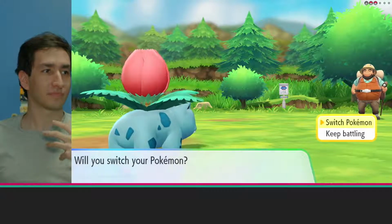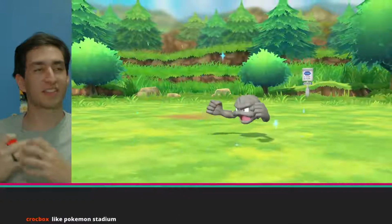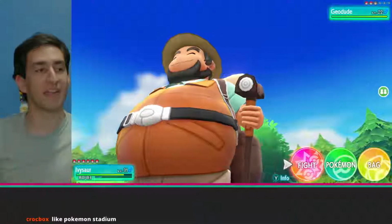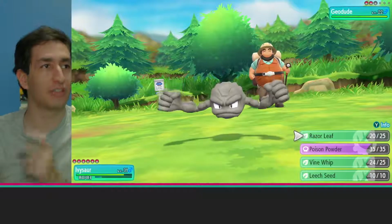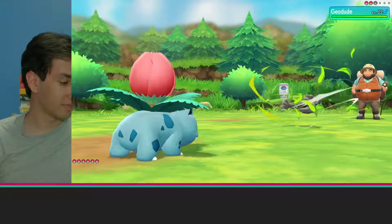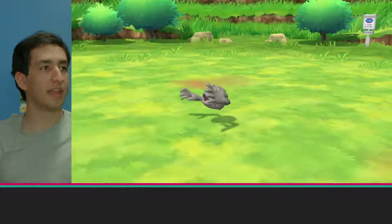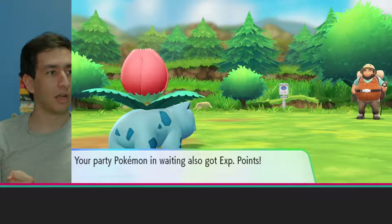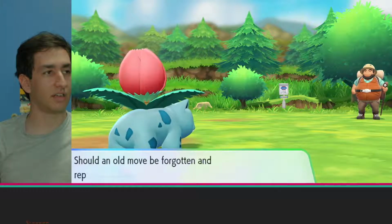So maybe Game Freak can do not a similar thing, because that wouldn't work for this game, but that same idea: find a way to make choosing your moves faster. I guess kind of like Pokemon Stadium, but even a little bit faster than that, because you still have to hold down a button, and there was still a lot of